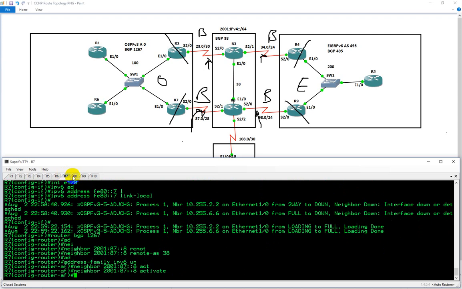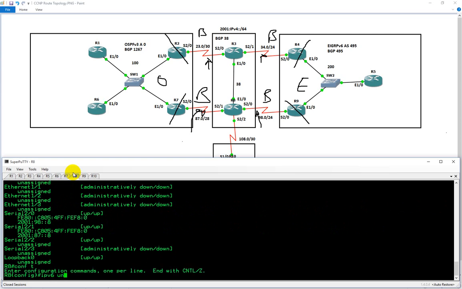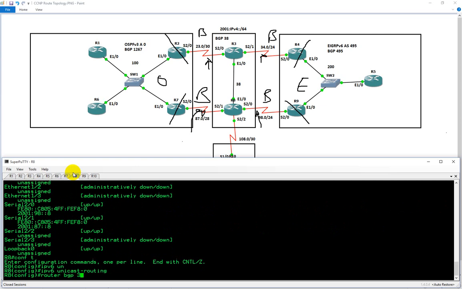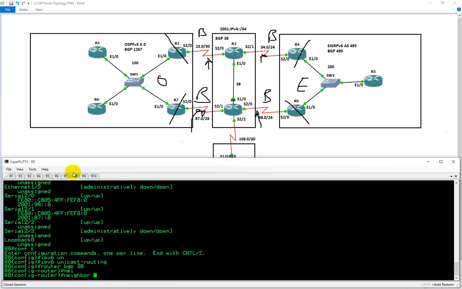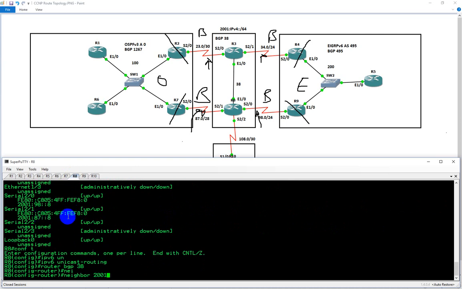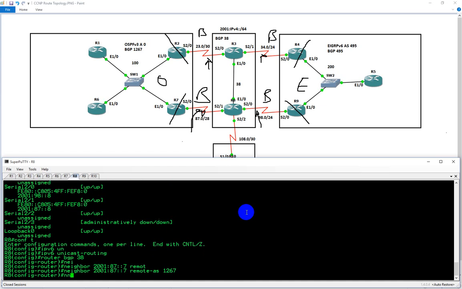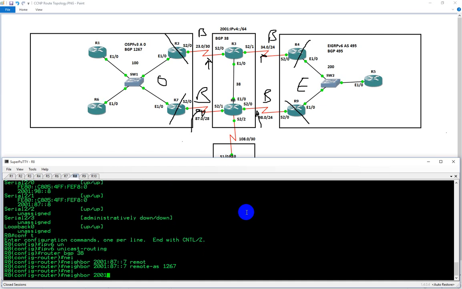And from there, we're going to go to 8, and we're going to set up our three main connections there: global config, IPv6 unicast, router BGP 38, neighbor of 2001, and as you can see, I don't have this other connection to 2/2 set up yet. Colon 87 colon 7, remote AS of 1267, and I'm also going to set it up so neighbor of 2001 colon 98